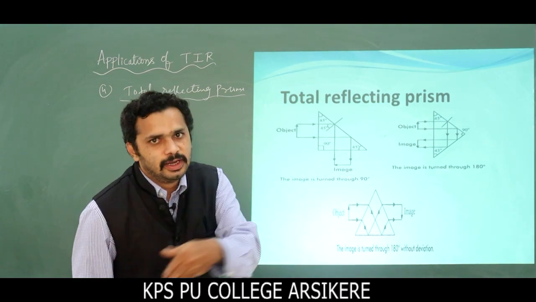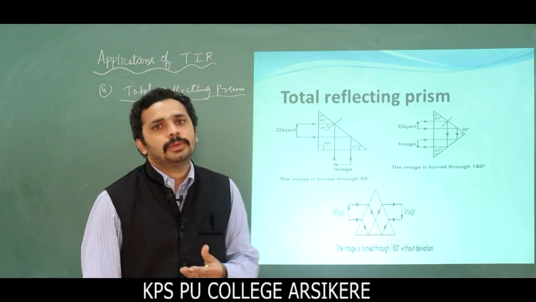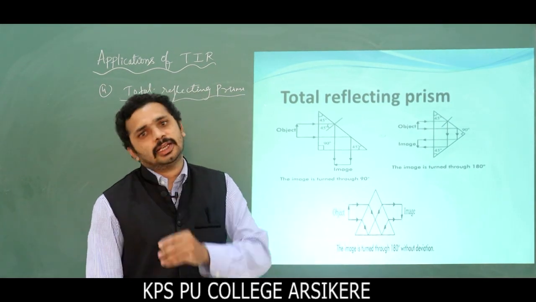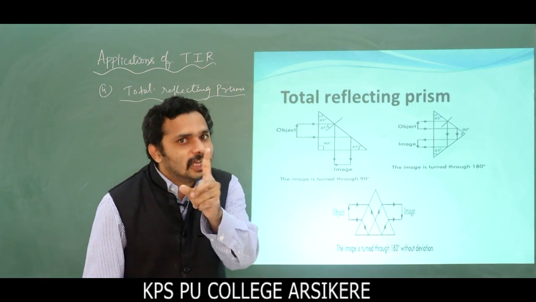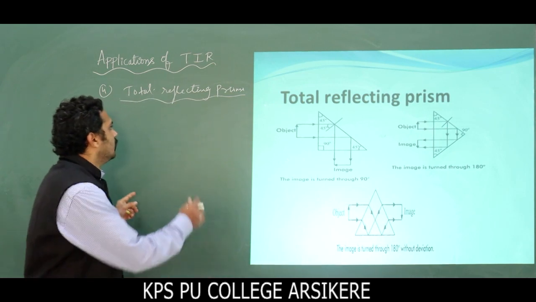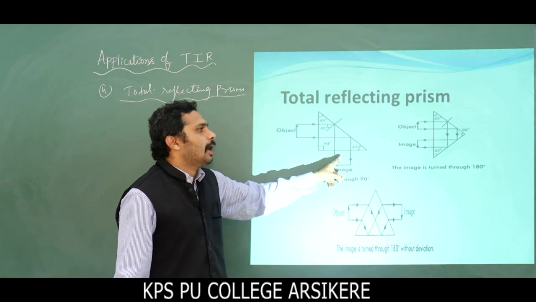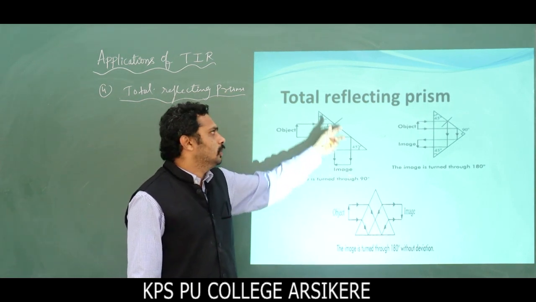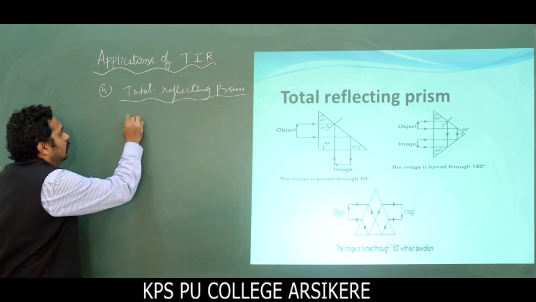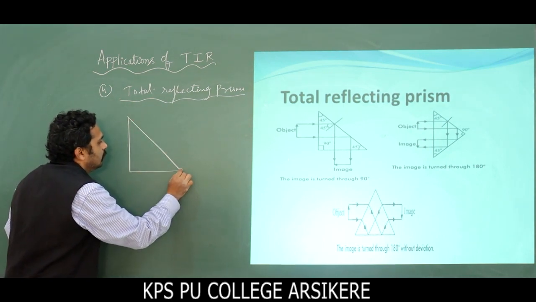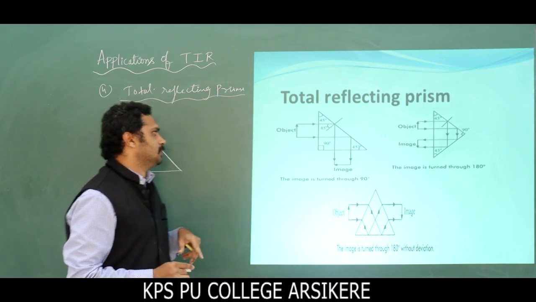Actually, a prism deviates the light. In the prism, we are going to see the refraction later. The prism disperses the light, but the prism reflects by using the TIR phenomenon. So very important, we are using total reflecting prisms in cameras and in binoculars. Look at here, it's just one application I am explaining, the total reflecting prism.